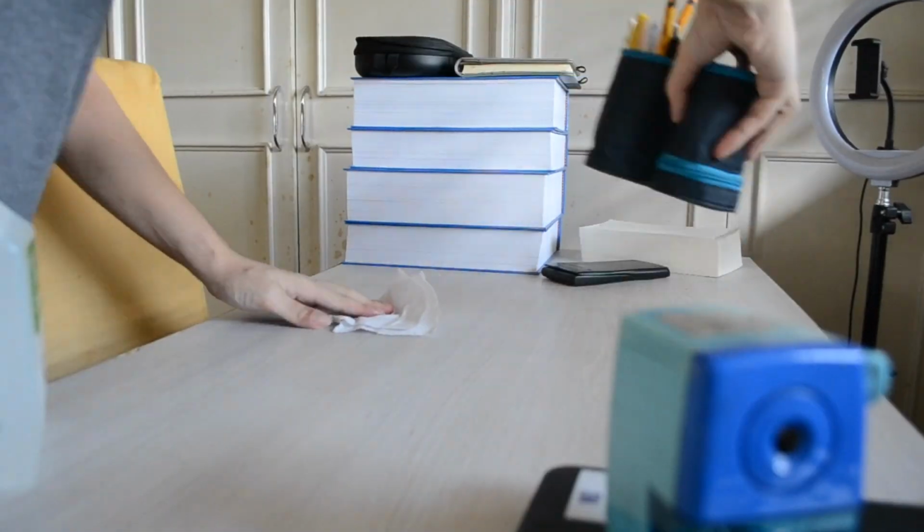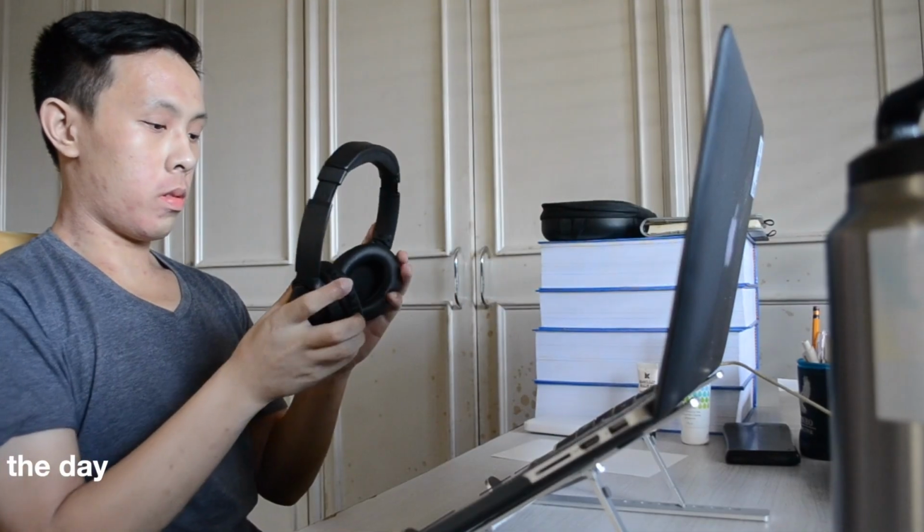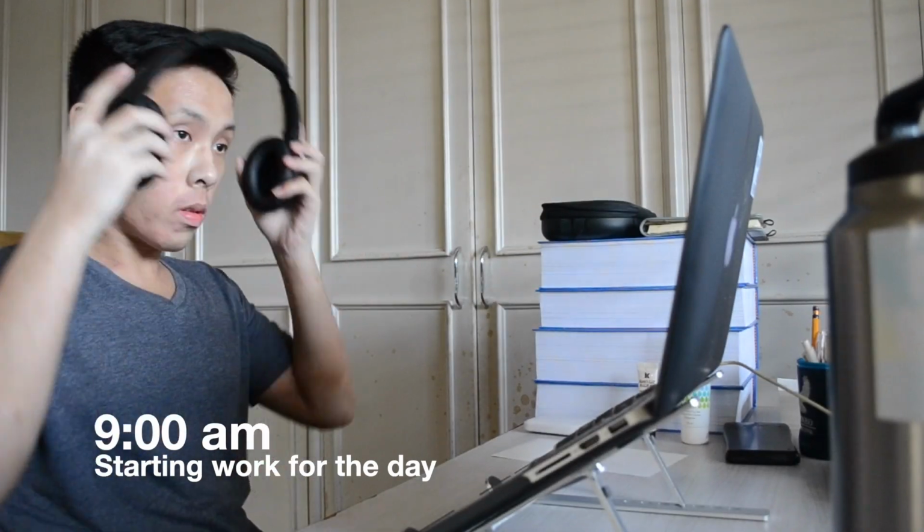I find that I easily get distracted if my desk is covered with dust and other bits of dirt, so I give my desk a good wipe down before starting my work for the day. At 9 o'clock, I sit down at my desk, put on my headphones, and start my preparations for the neuro